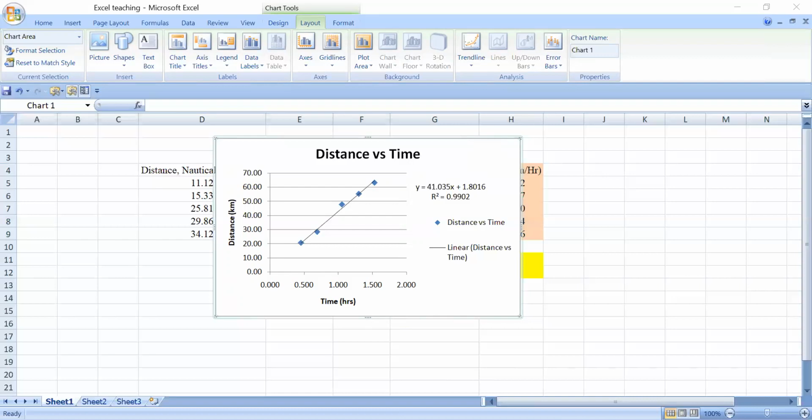So we have to drag it so it becomes a little more clear. Okay, that's it. In the next step,